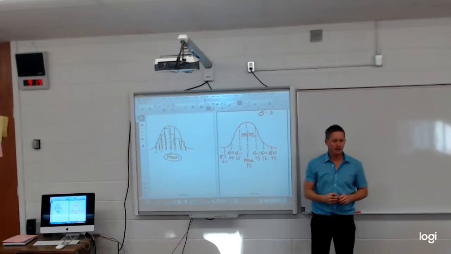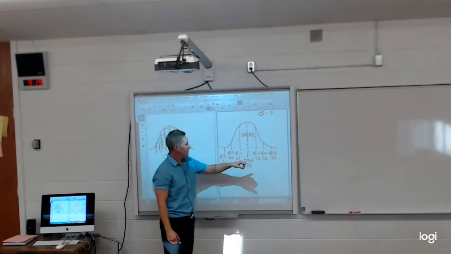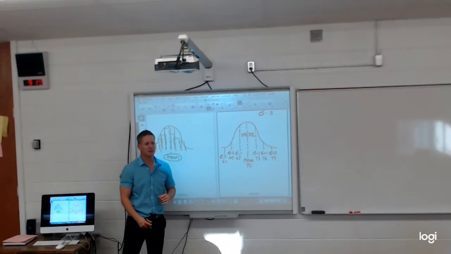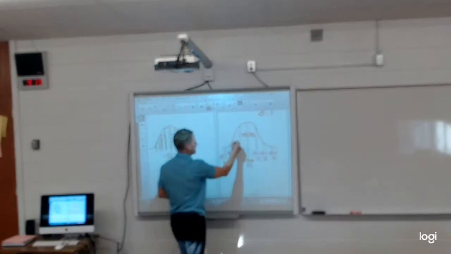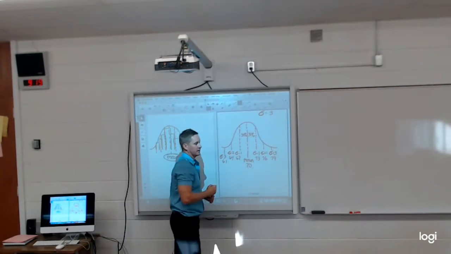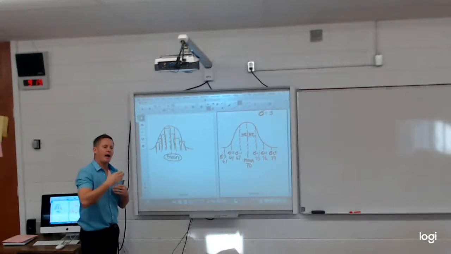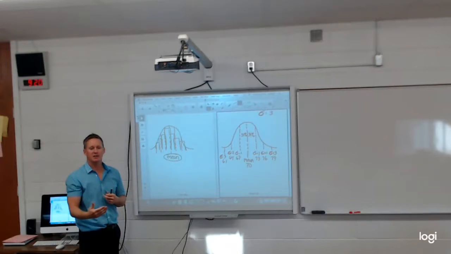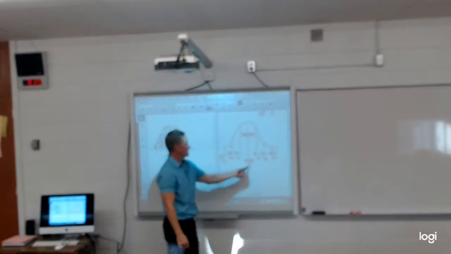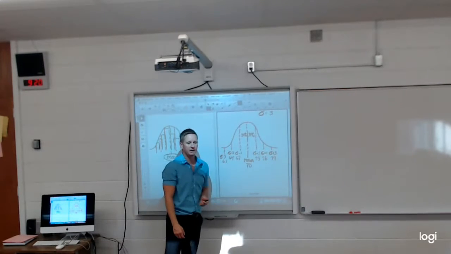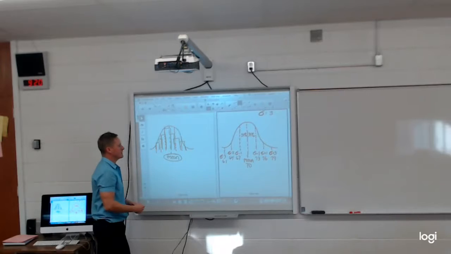Okay? 50% of the scores were above 70. 50% of the scores were below 70. And then it goes into giving us the percentages for this and this and this and this. And now what that does is it tells us how many of the people in the class scored in that area, in between 70 and 73, or 70 and 76, depending on what we're looking for. So in the question that we just did,